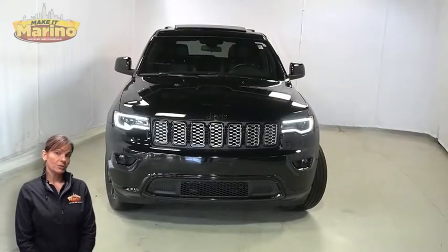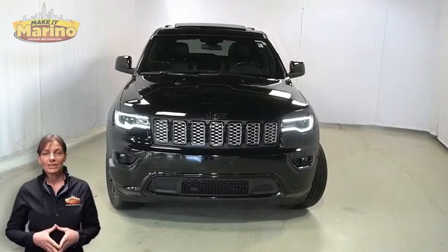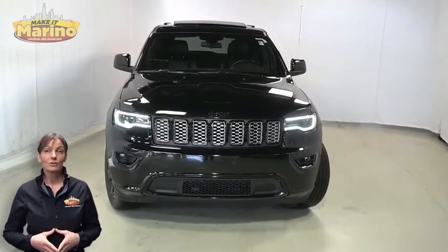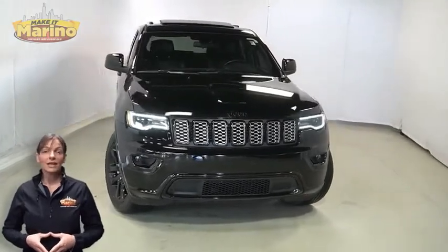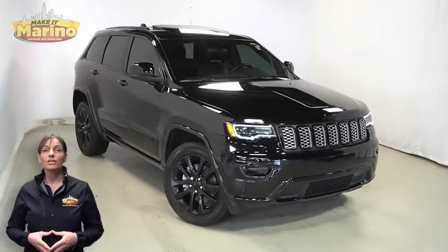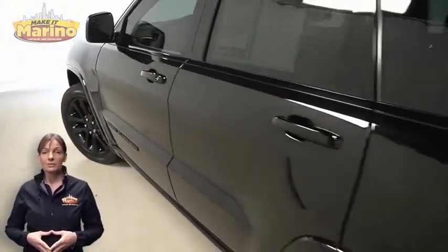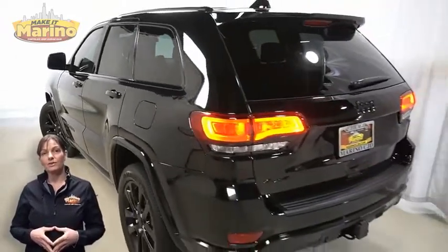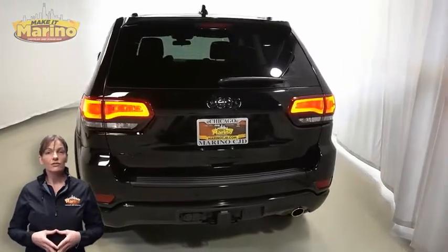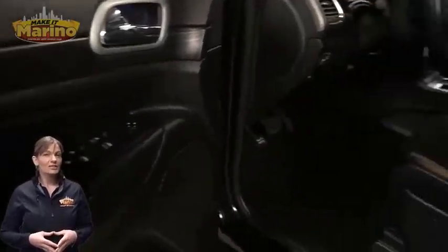Looking for a highly equipped SUV with all the right options and reliability? We'll take a look at this 2021 Jeep Grand Cherokee Laredo in Diamond Black Crystal Pearl. With BI-XENON HID headlamps, premium fog lamps, 20-inch aluminum wheels, power heated mirrors, blind spot and cross-path detection, dark lens tail lamps, tow package, heated front seats, heated steering wheel, 32,000 miles on the odometer,